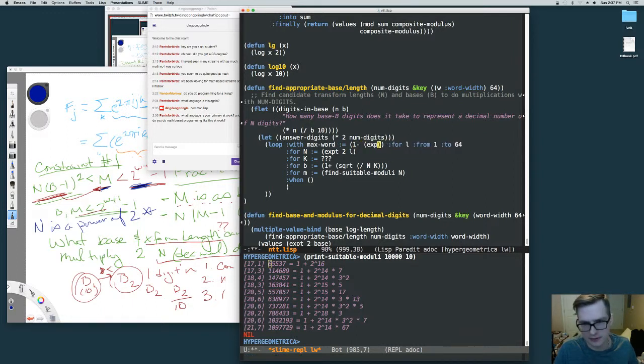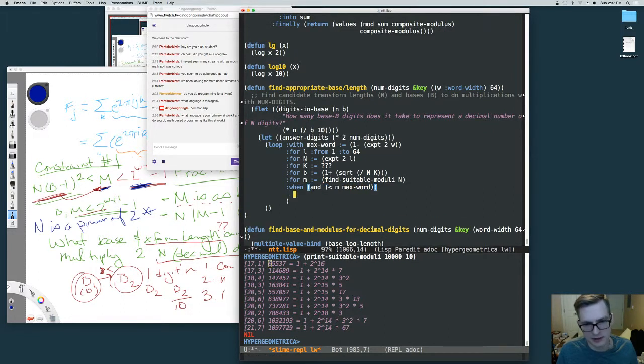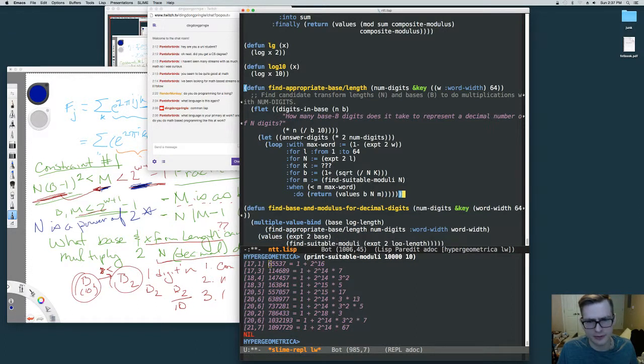Equals 1 minus 2 to the word length. So we need to ensure that our modulus is less than the max word. Do return value. If m is less than our maximum word length, then we're okay. So we can return our base, our length, and our modulus. Let's see where this takes us. We still didn't specify a k,